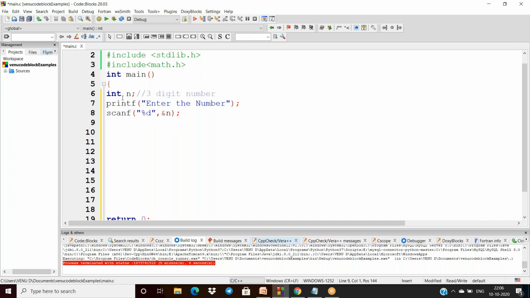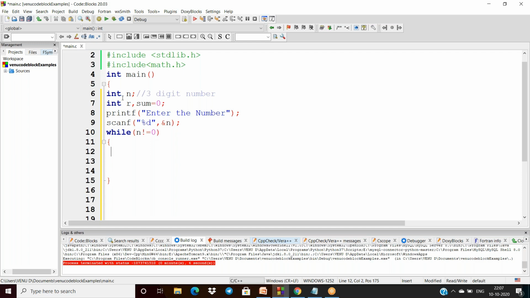What we have to do here is first retrieve each and every digit from the number. So that is why I'm taking some r. R is for remainder. And to calculate the sum of all the remainders, I need sum. So I have to take one more variable sum, and sum is initialized with 0. I don't know how many iterations the program will take here, so that is why I am using a while loop.